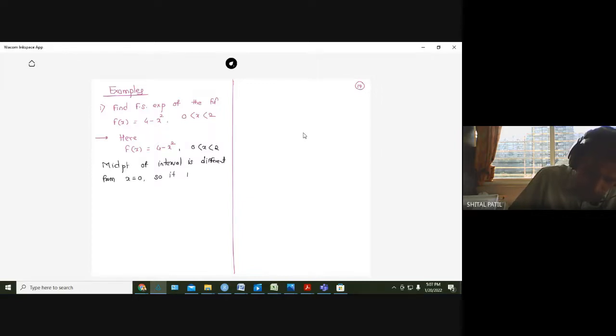So it is neither even nor odd function. So the Fourier series expansion is